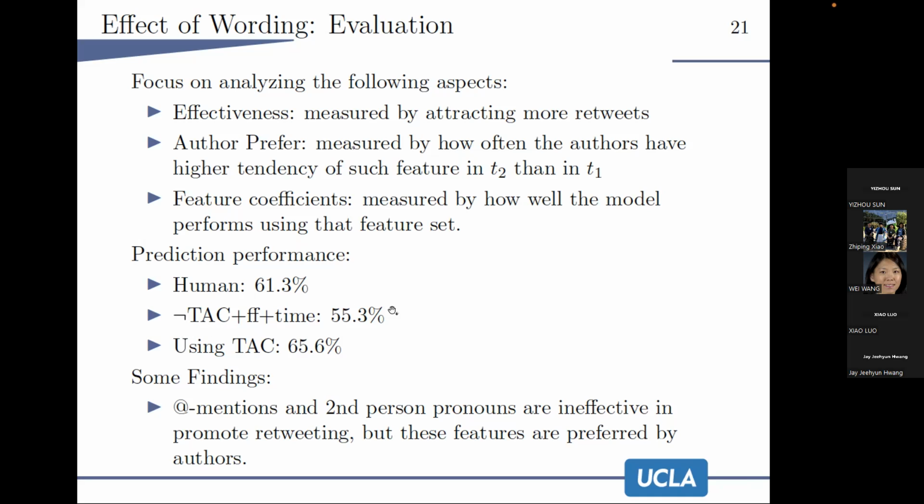It's like using that baseline is like 55.3, and human prediction is about 61% accurate. And by using TAC and a regression model that is pretty simple in structure, it achieves performance as high as 65.6, which is much higher than human, and also higher than the baseline. And there are also some findings, like some of the user preferred features are not that effective,